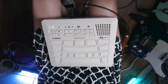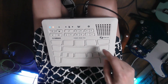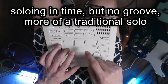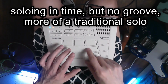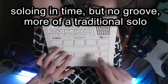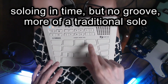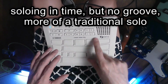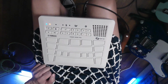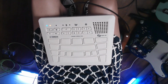Then you've got drum solos which are not groove solos at all, but they are definitely trying to keep a basic beat going, so like this kind of tempo. So that's definitely within one tempo with various subdivisions, but it's definitely not a groove solo either. And then, of course,